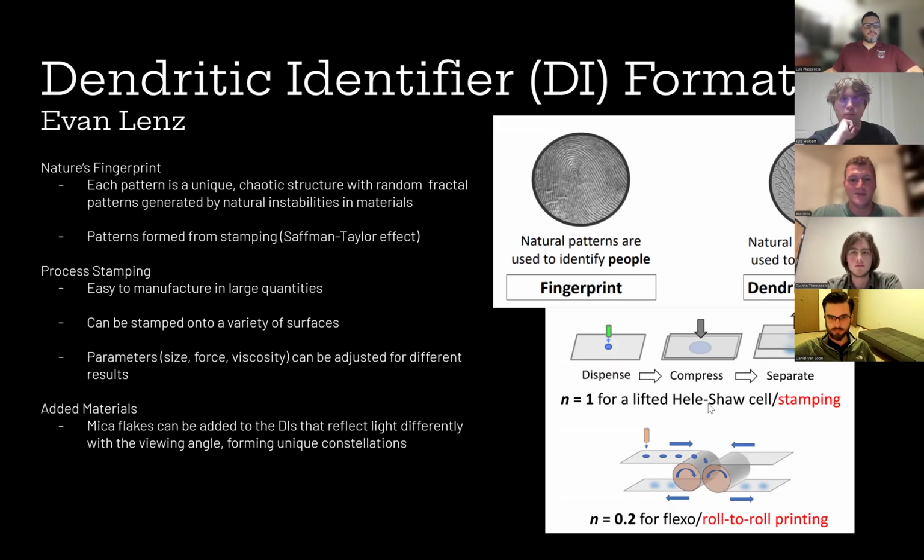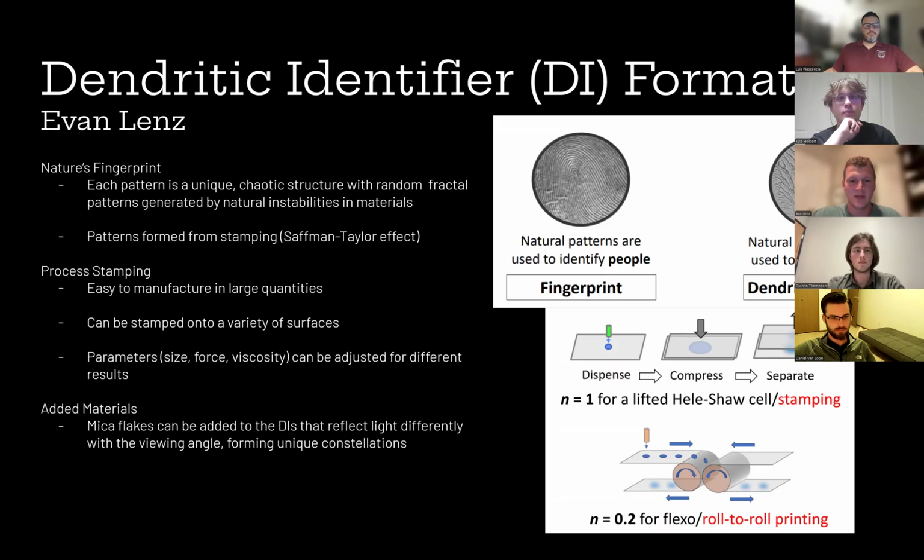We create this pattern using a stamping process. A small amount of liquid is dispensed between two plates, then compressed and separated. That simple action generates the branching, dendritic structure you see in these images. This process is easy to scale, it can be done in large quantities and on many different kinds of surfaces. We can also tune parameters like stamp size, the applied force, and the viscosity of the liquid to change how